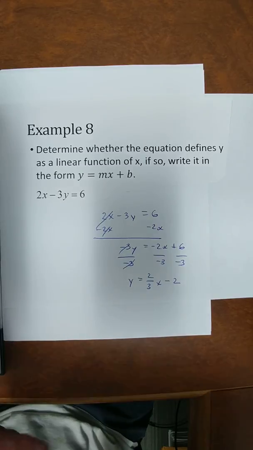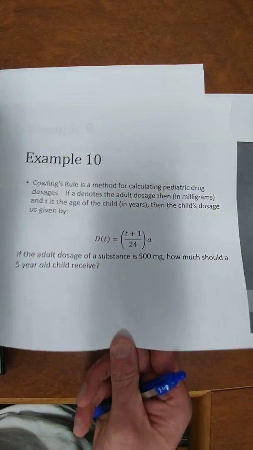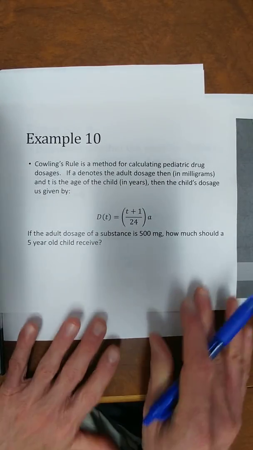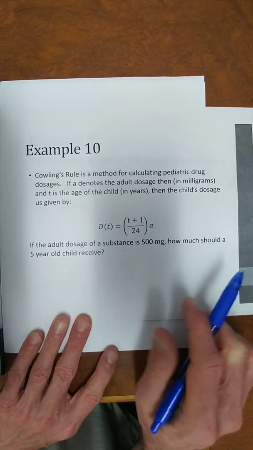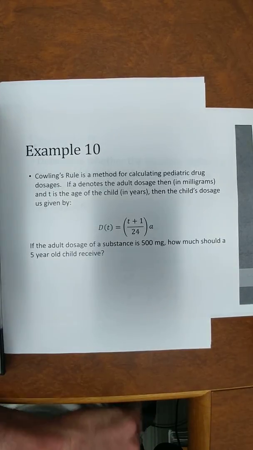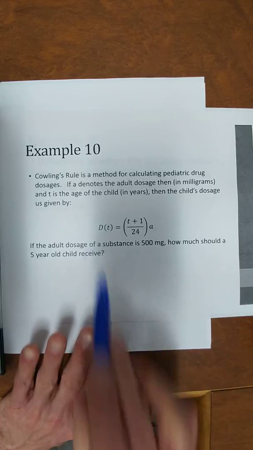copy it or pause. So let's look at an actual model then, a mathematical model that will be used to calculate some value. In this case, it will be a child's dosage. So Cowling's rule is the method for calculating pediatric drug dosages. If A denotes the adult's dosage in milligrams, and T is the age of the child in years, then the child's dosage